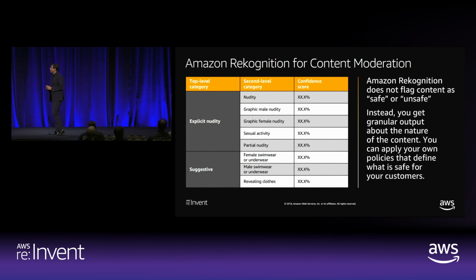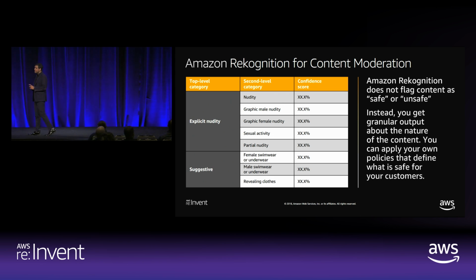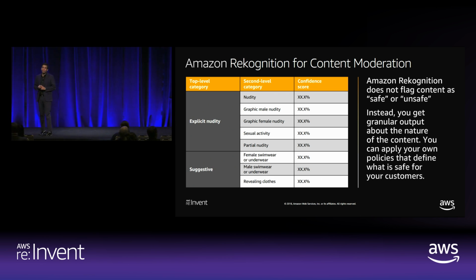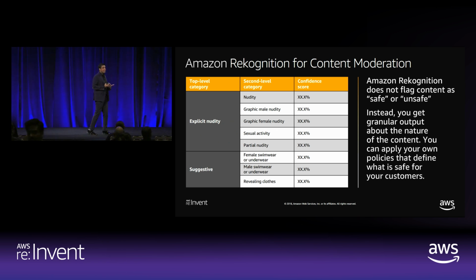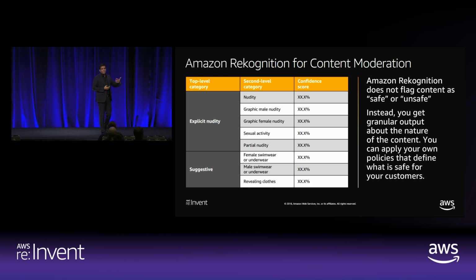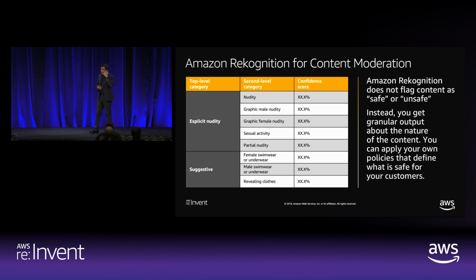What's in an image? Well, this is the what in the image that you want to avoid, right? You don't want your customer, without you at least knowing, to be exposed to content that's inappropriate or unsafe. What makes the content inappropriate and unsafe in our domain is the presence of suggestive areas or explicit content. What does it mean?